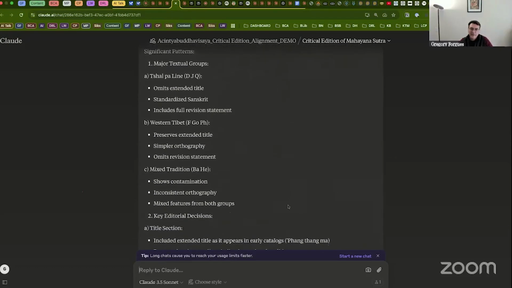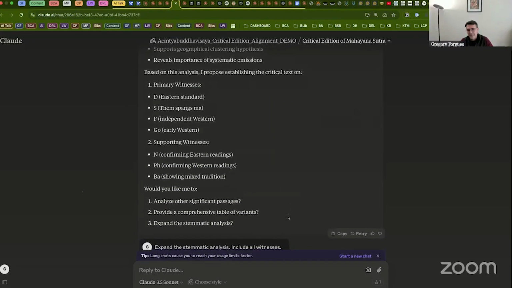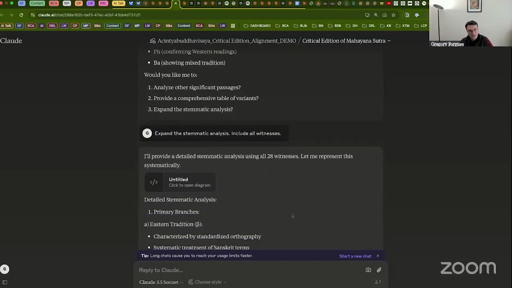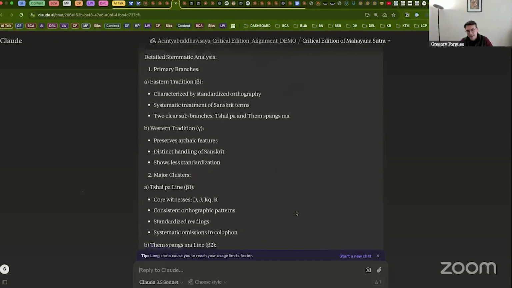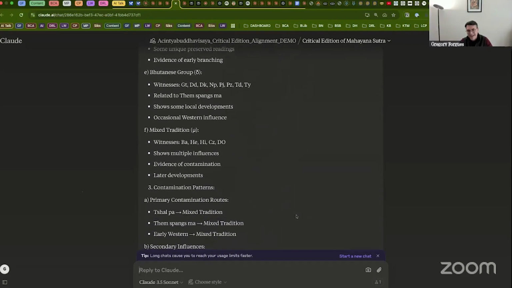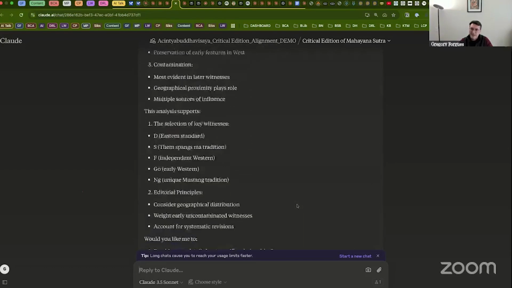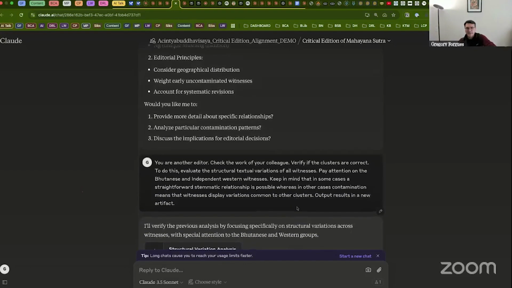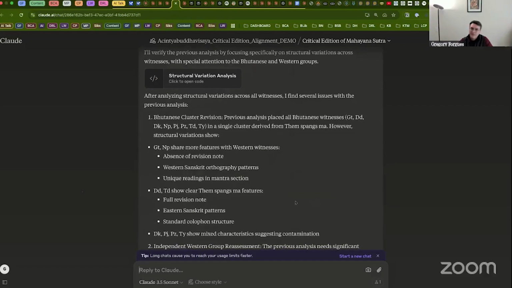But what I mean is that I do believe that by fine-tuning a model in the future, we will be able to produce critical editions, or at least reduce the number of witnesses we need to consider significantly. And there'll be a lot of time saving there, while maintaining philological integrity in the way we engage with this material. So anyway, a complex discussion here, but I was very impressed. I think we will have good news soon about that, and that will change the work,